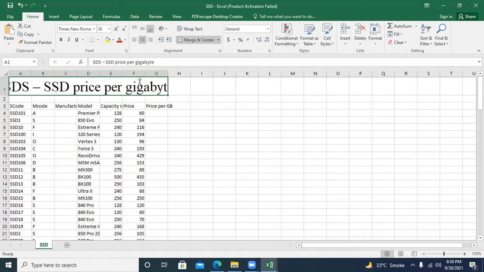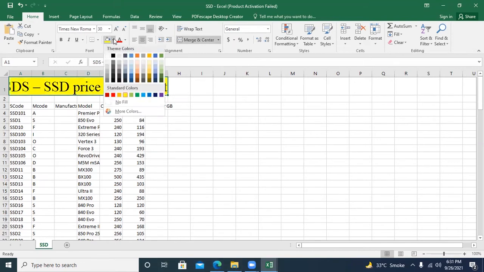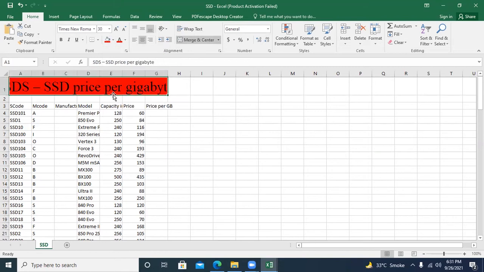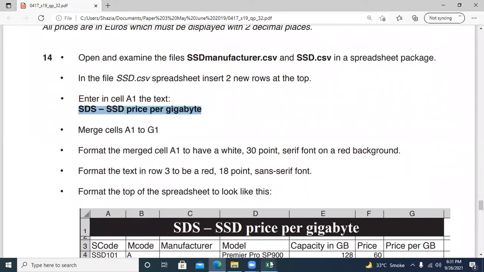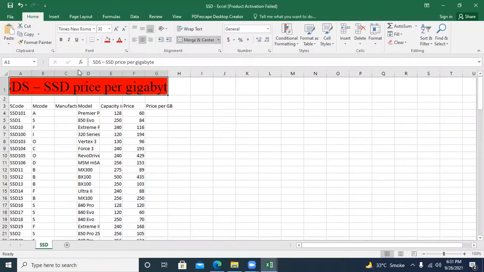The background is red, and the text color is white.